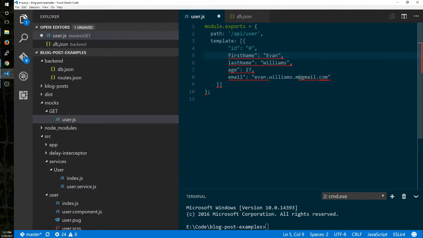This is probably an oversimplified example because I have access to the backend. But if you worked with a remote API team or somebody else who is doing your development for you,